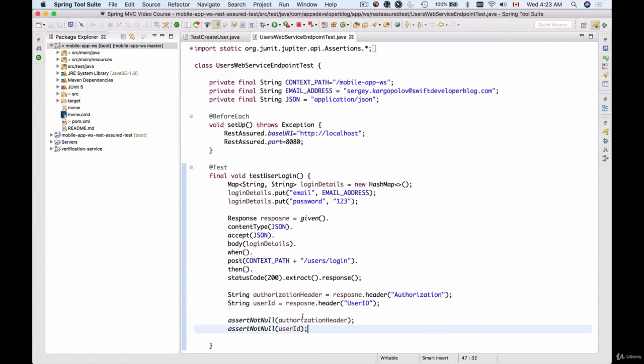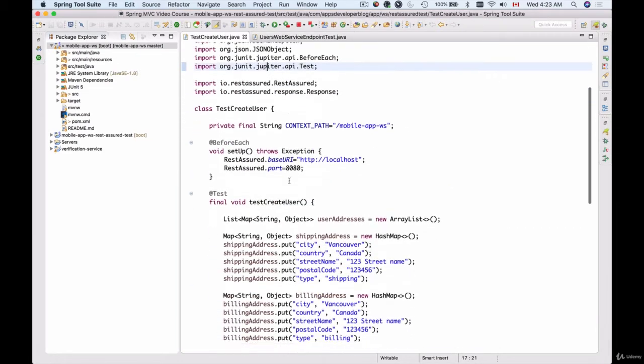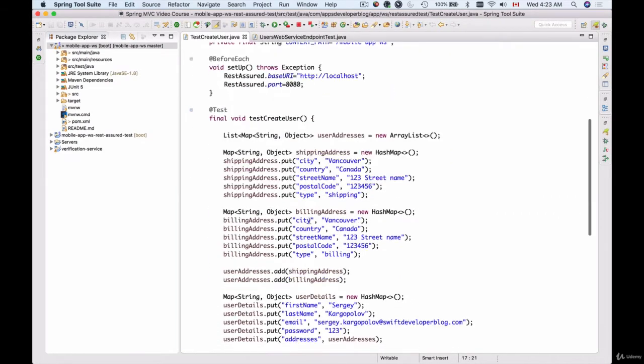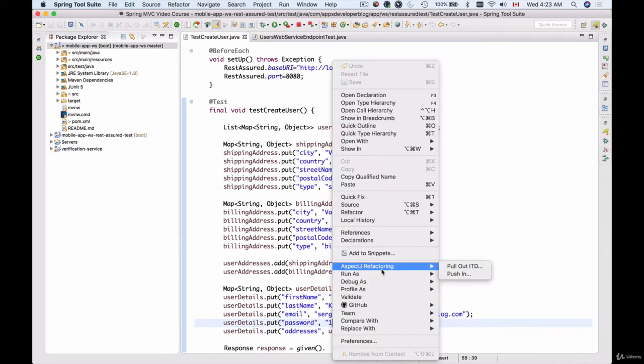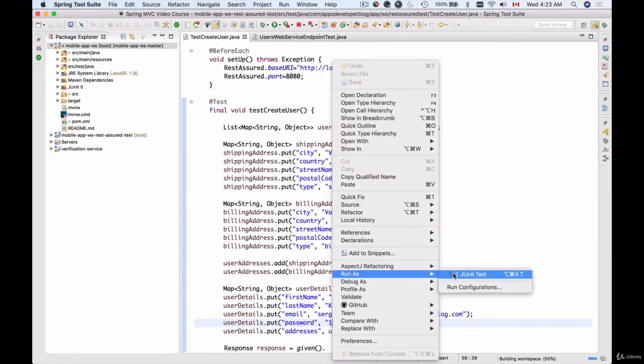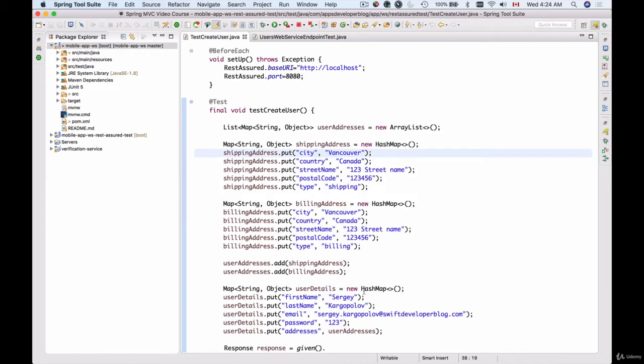Now I will go to test create user and I will run this test method so that a user with email address provided here and password is created first. So I'm going to do right mouse click and then run this as JUnit test. Okay, test method is successful,